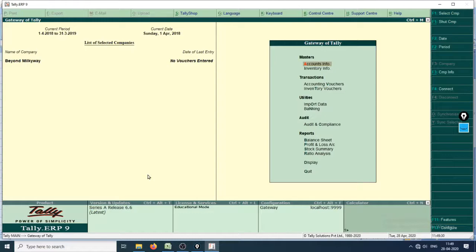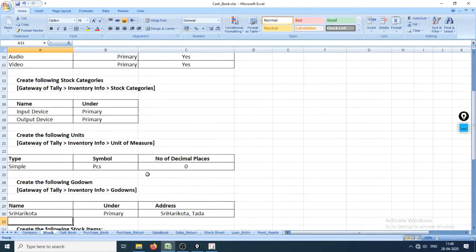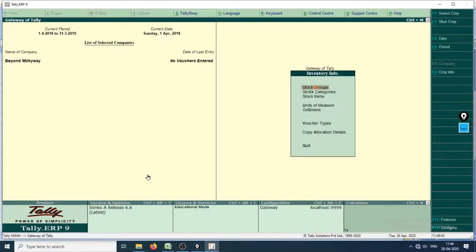Let's go to Gateway of Tally again and create the following godown. The godown is at Gateway of Tally, Inventory Info, Godowns: Sri Harikota, address is Sri Harikota. Inventory Info, right here you can see Godowns.